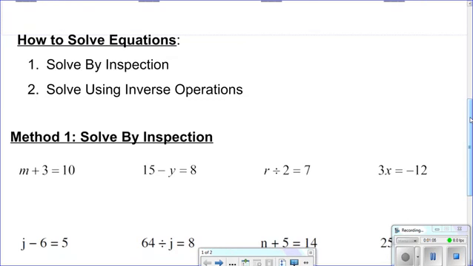So the first thing we can do when we're trying to solve an equation is we can solve by inspection. And what inspection means is things like using guess and check, using times tables, using your fingers, different things like that to help you figure out what's going on. Or the second thing we can do is we can use the inverse operations. And so inverse is another word for opposite. Okay, so we can use opposite operations. So just as a reminder,